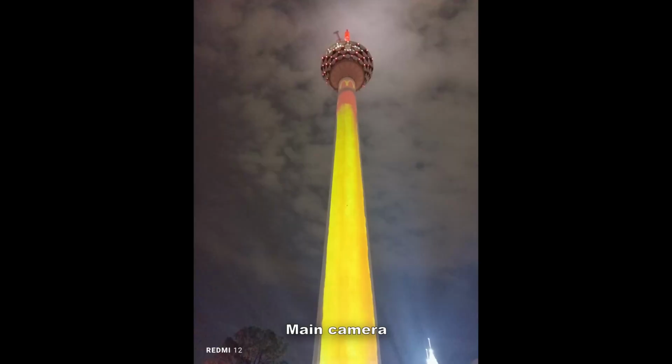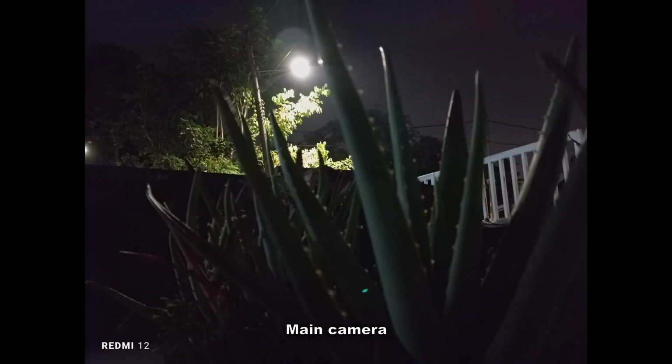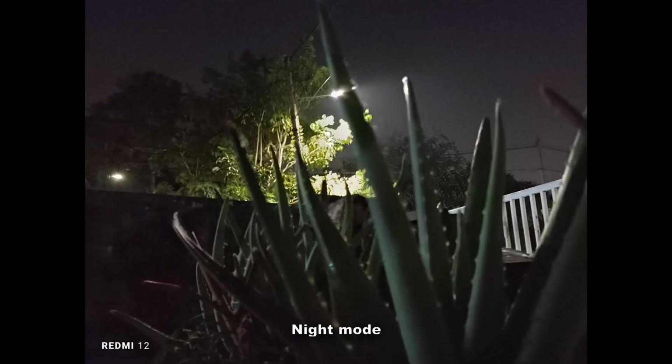And the low light photography for the main camera, I will have to say is average at best, because there's a lot of noise being emitted. You can use the night mode to enhance it or use the flash. The night mode is solely available on the main camera only, so you can't use it on the ultra wide. But for the night mode shots taken with the main camera, I still notice that there is some noise and artifacts happening. So unfortunately, in that case,